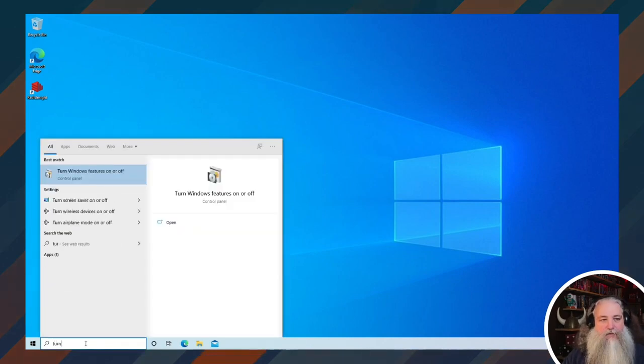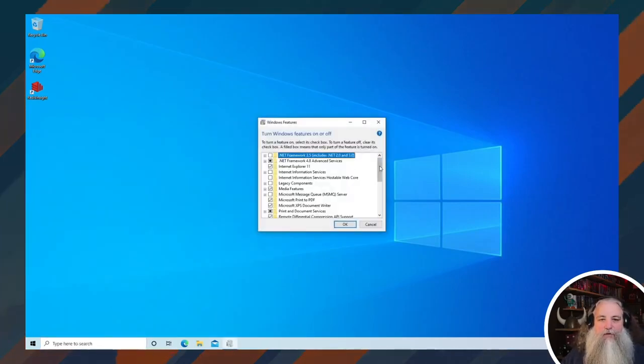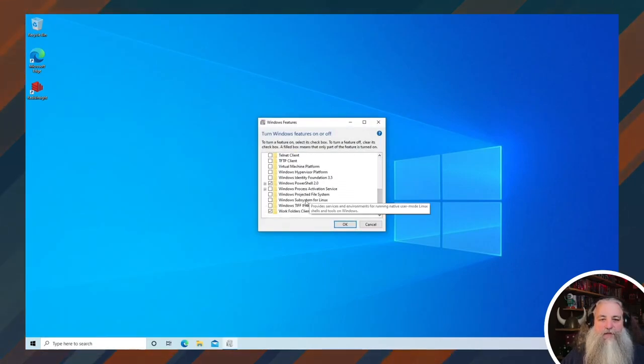So we can just go to our little search button here and go to turn Windows features on or off. That's part of the control panel. And it gives you a whole list of options here. And I'm just going to scroll down until we see Windows Subsystem for Linux. It is currently unchecked. As you might imagine, checking this will enable the Windows Subsystem for Linux. It's now enabled. I'm going to hit OK, and this is going to install some software and reboot my virtual